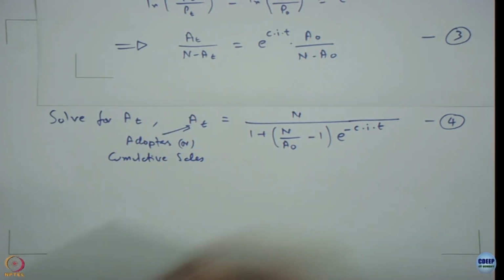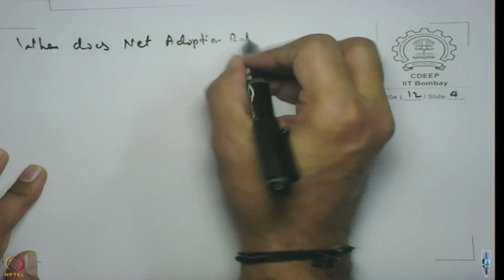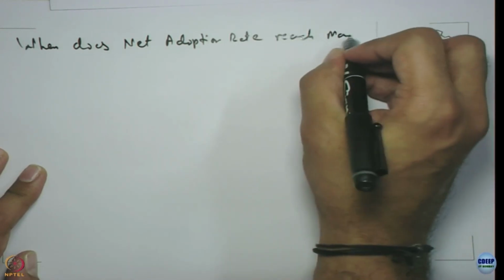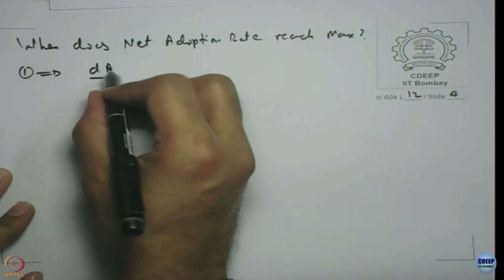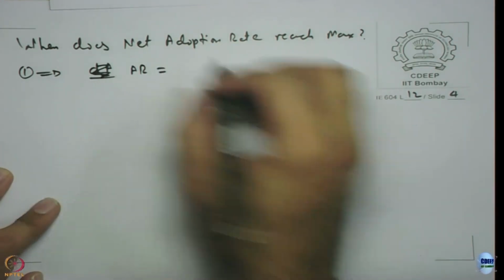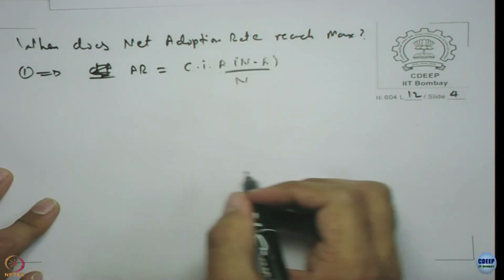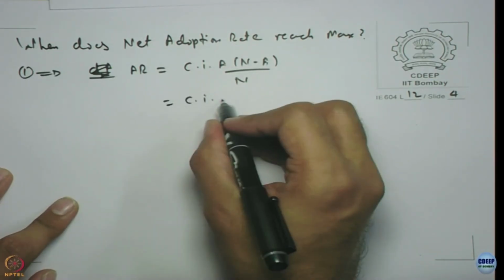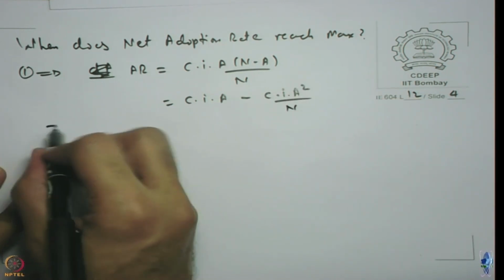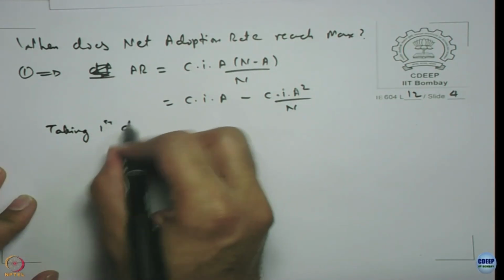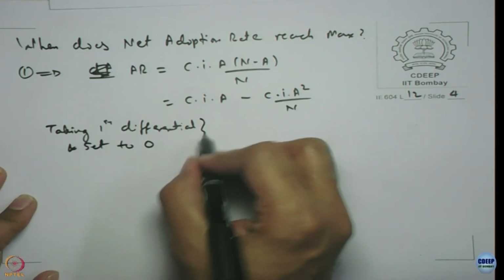Based on these equations, we can already ask some very basic questions, such as when the net adoption rate reaches maximum. The adoption rate is already given as C into I into A into N minus A by N, which is CIA minus C into I into A squared by N. Taking the first differential and setting it to 0, we can get